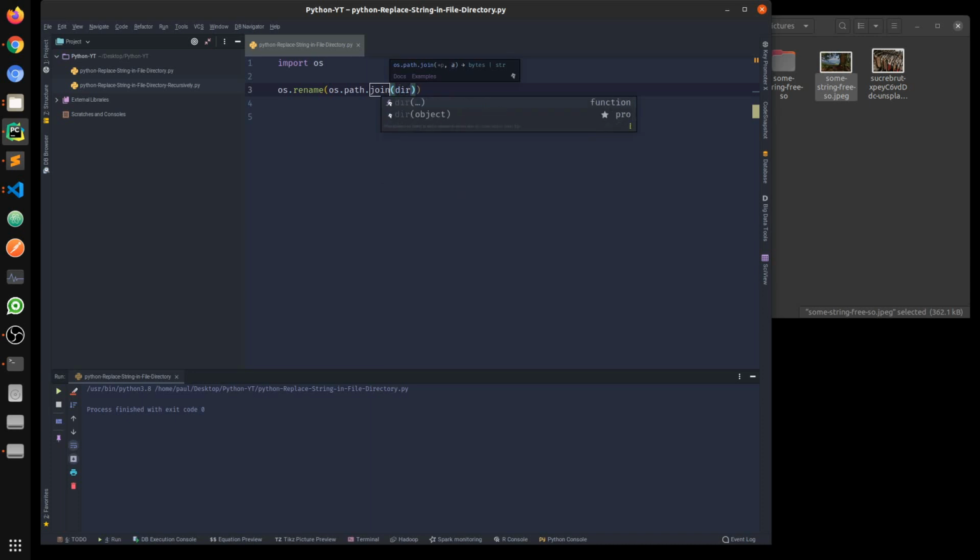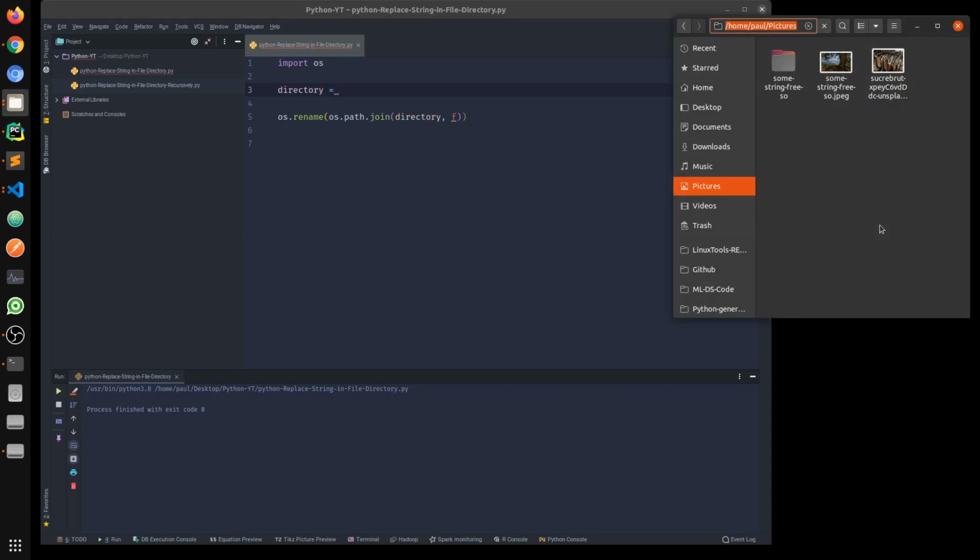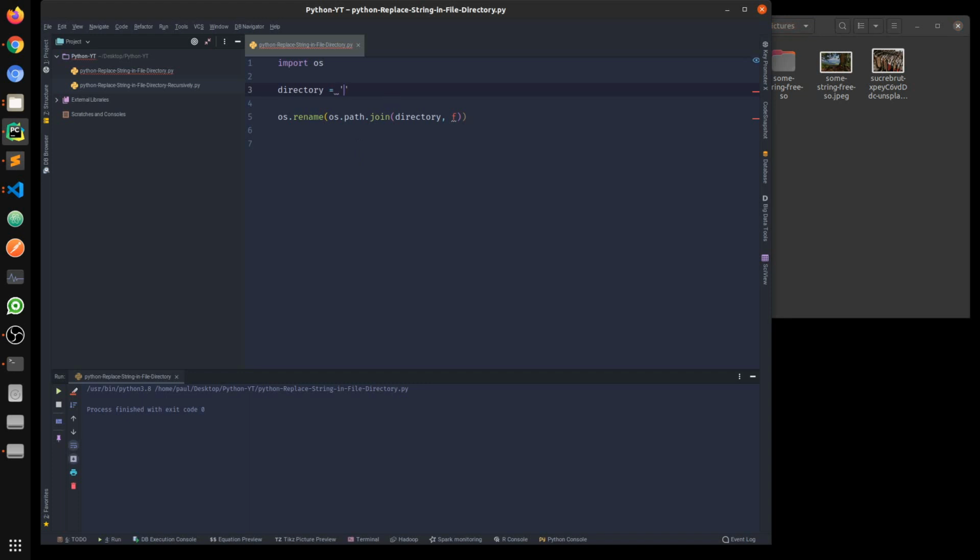So my directory and the file name. Okay, let's first define a directory here. Directory equal to